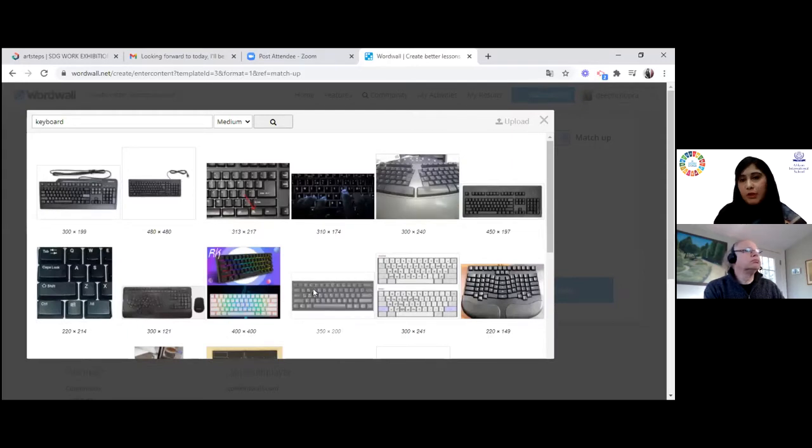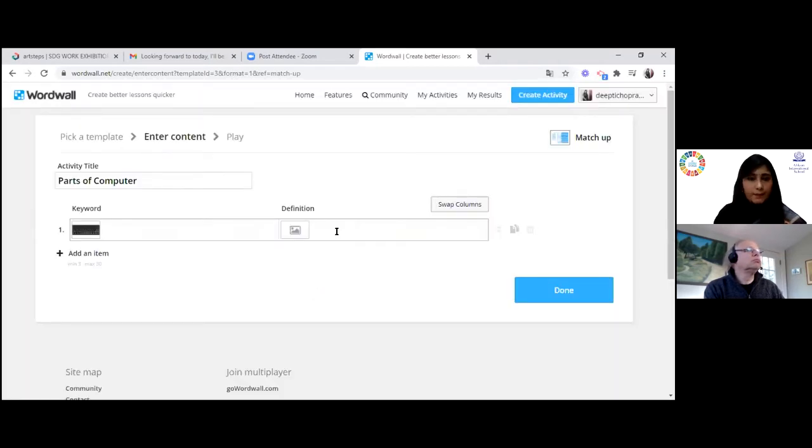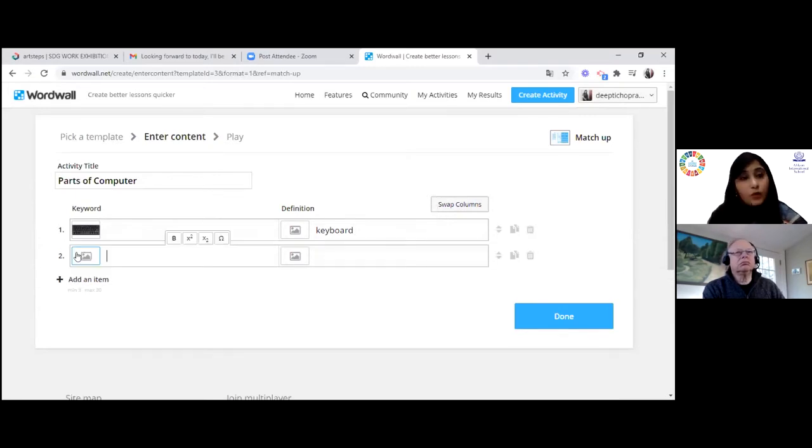I can take this image. And in the definition, I can mention keyboard. The child will match the word with its image. This activity allows you to use a minimum of 3 questions and a maximum of 30.